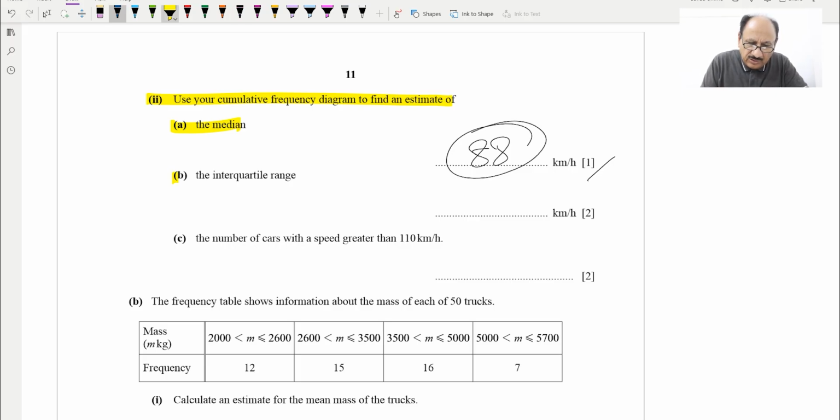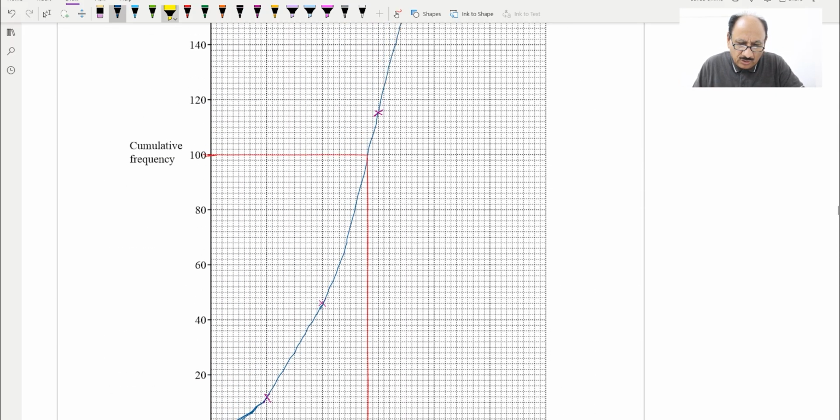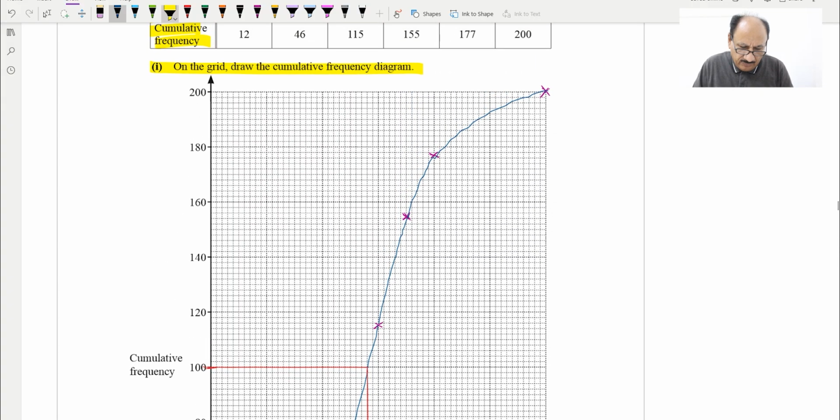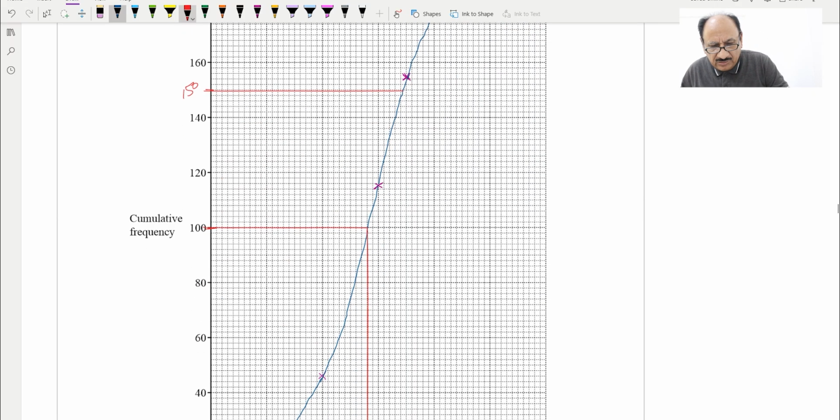Then they're saying interquartile range, you know, upper quartile minus lower quartile. So upper quartile will be what? For 150 we need to check, 150 will be which point? So 1, 2, 3, 4, 5, 150 will be this mark. And for 150, if we take the reference from 150, it is over here, and from this side, if we check the reference from this side,